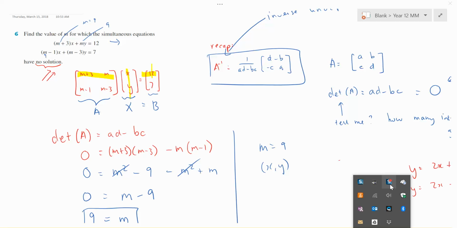Okay, so there's no point doing it unless you're really not good with your algebra. Then work on that, okay? All right, so remember, study smart, don't